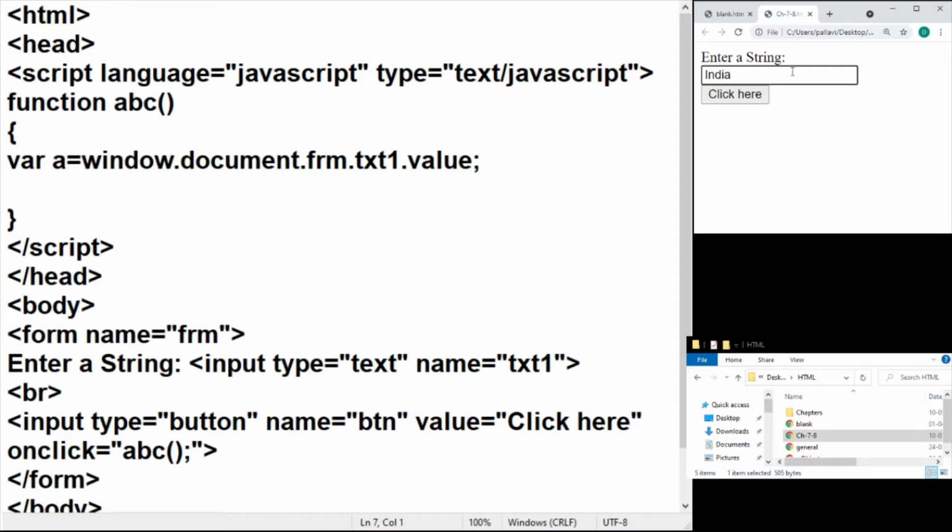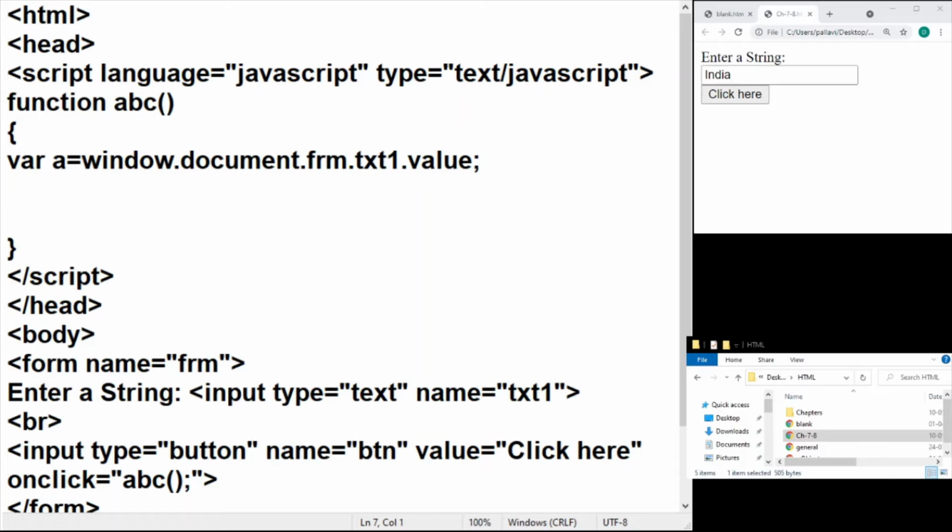So for this, the first thing we'll need to do is call the value into a variable. The next thing we'll do is extract the characters from the given position. For the current definition, I am sticking to extracting the second and the last but one character. So the second character from the last character and the second character from the first character. I will need to extract these characters. Now, since I do not know the length of the string, I will need one variable which is extracting the length of the string.